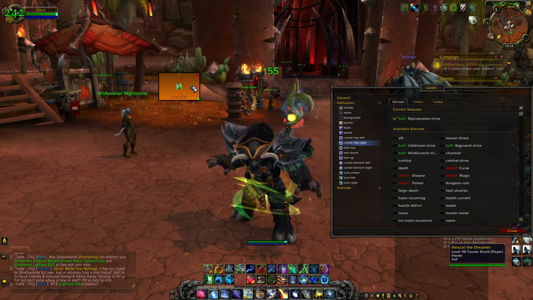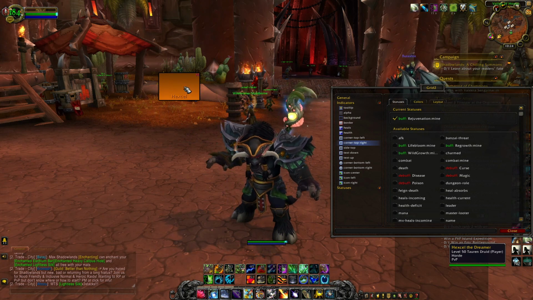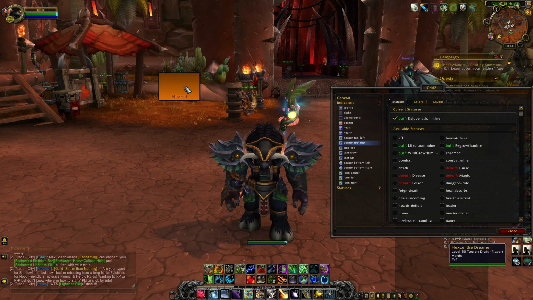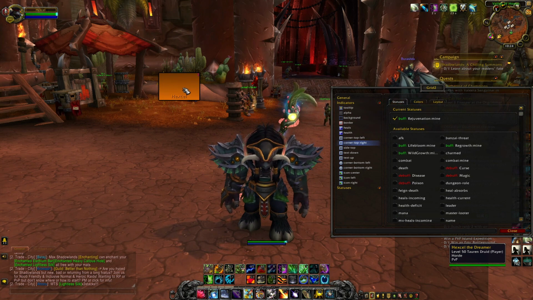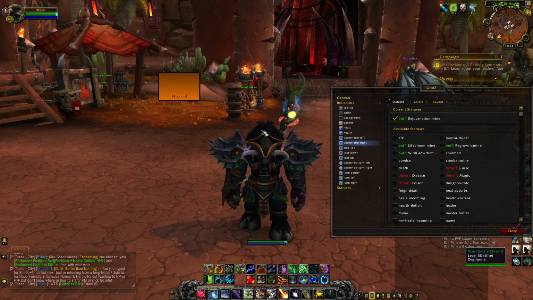So if you're playing a priest, you can put your Renew to be center here. I don't know if Echo of Light works. I don't believe it does, just because Echo of Light goes off so much. It might work, but for paladins, you can have your Beacon be shown, who your Beacon is. Obviously on the druid, you have all your HoTs. You can also